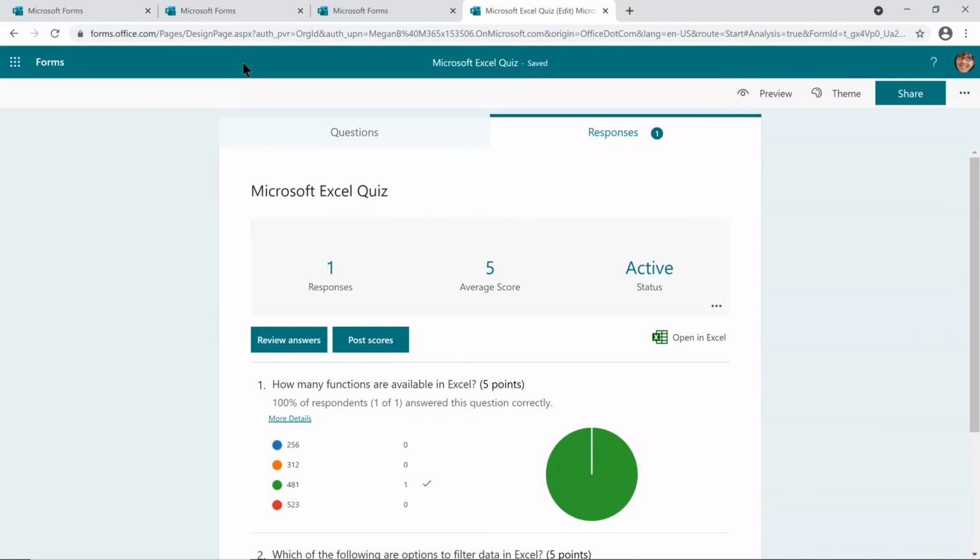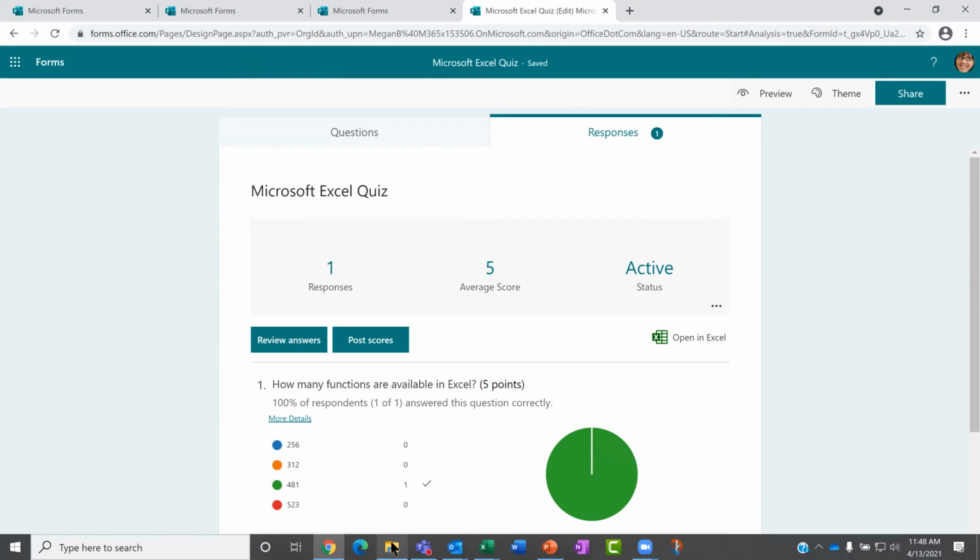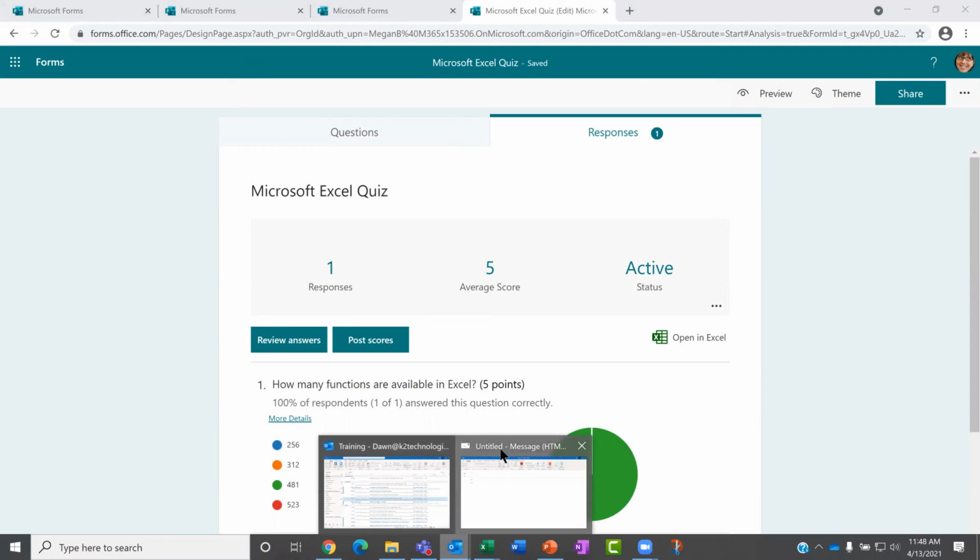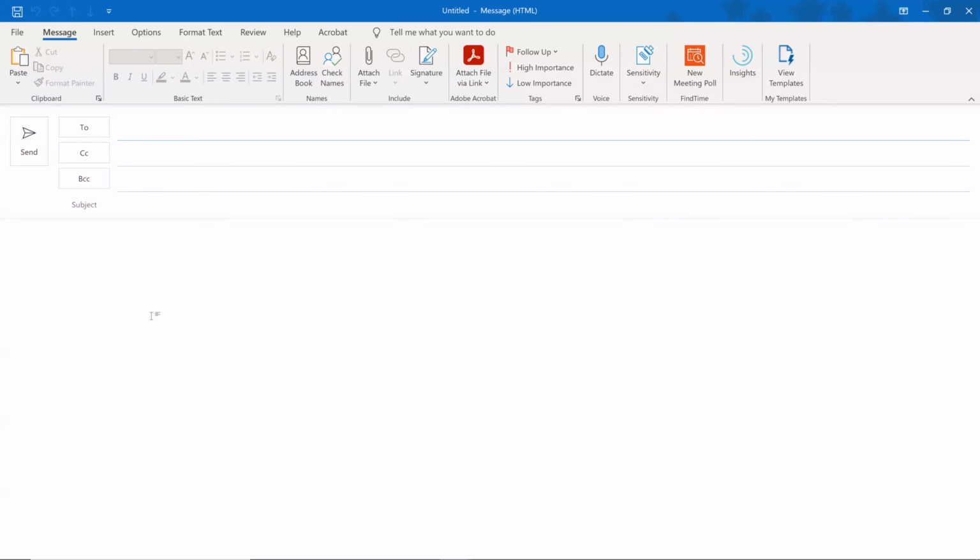So that's all we'll look at in terms of quizzes, because those are probably less likely to be tools that you'll work with. But let's briefly touch on a couple other ways that you might see forms. And one would be through Outlook. So in Outlook here, I'm going to send out an